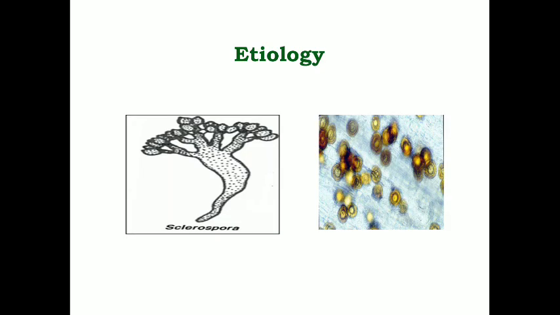Next part, that is the etiology, that is histopathological study. In this case, the mycelium is hyaline, non-septate, and the sporangiophore is short and stout as shown, and bears sporangia. These sporangia germinate to produce zoospores, and oospores as shown. These are brownish thick-walled structures, the resistant structure which is produced by the Sclerospora species.